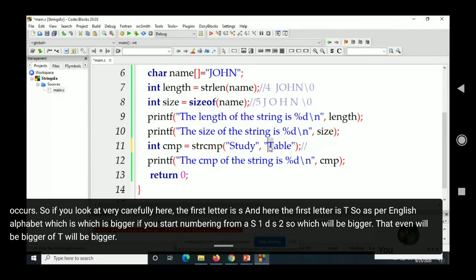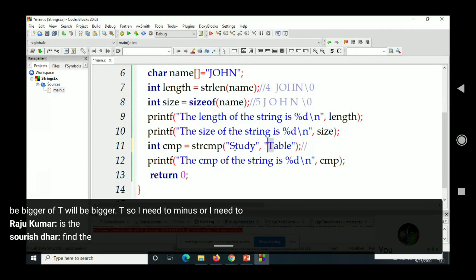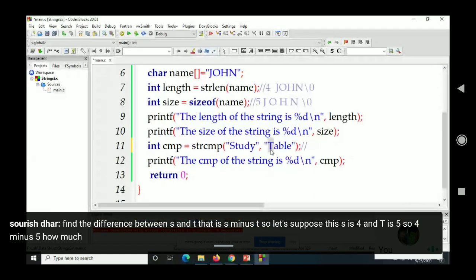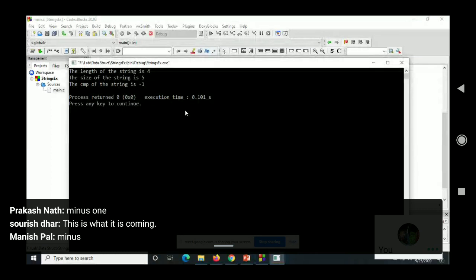T. So I need to find the difference between S and T, that is S minus T. Let's suppose S is 4 and T is 5. So 4 minus 5, how much should it come? -1. This is what it is showing.